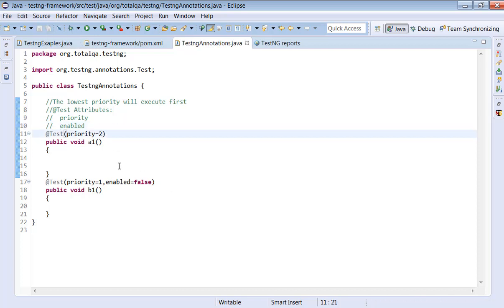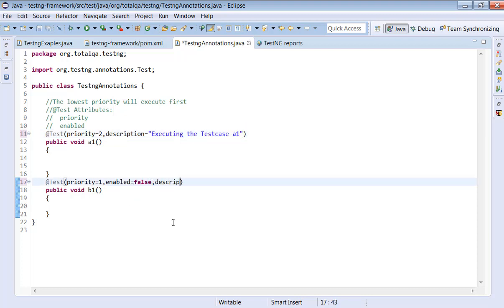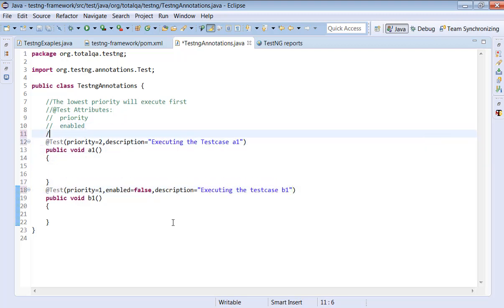Suppose I want to add a description of the test case. Yes, description is one of the attributes. Say, description equal to executing test case a1. Similarly, we can add a description here: description equal to executing test case b1. So description is also one of the attributes.